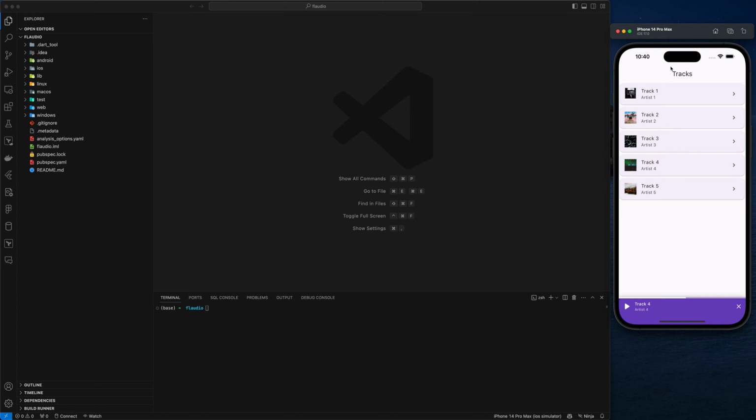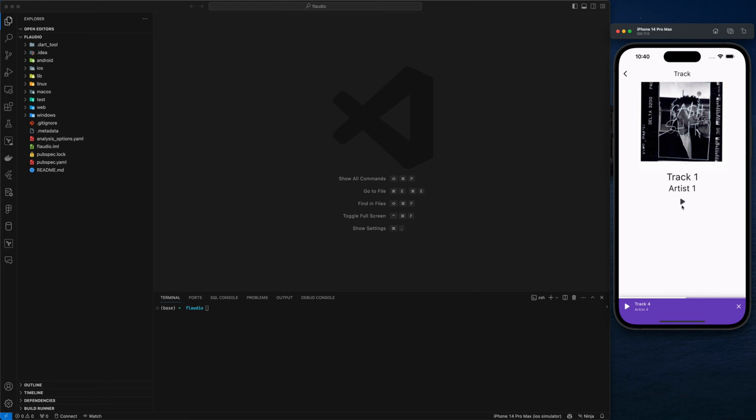Hey everyone, today we're going to be building a fairly simple audio player in Flutter. Basically what we're going to try and do is have some random tracks with some prefab data. Obviously you have them in a nice little list here, and have a simple detail page where you can go back and play them and do things like this, 10 seconds ahead, and pause,